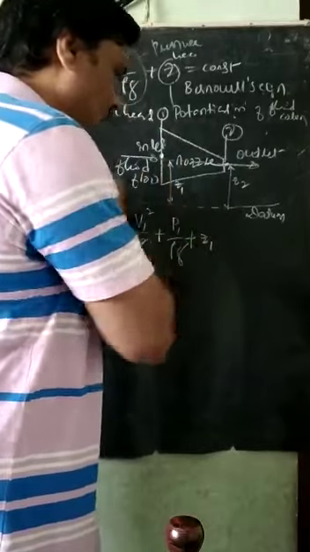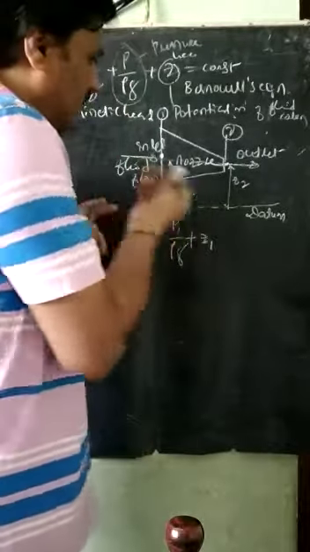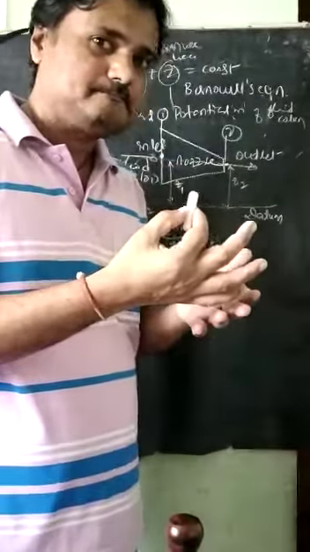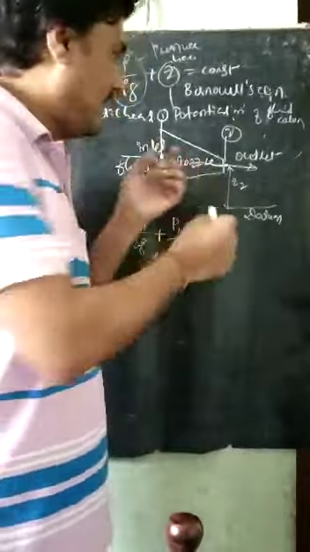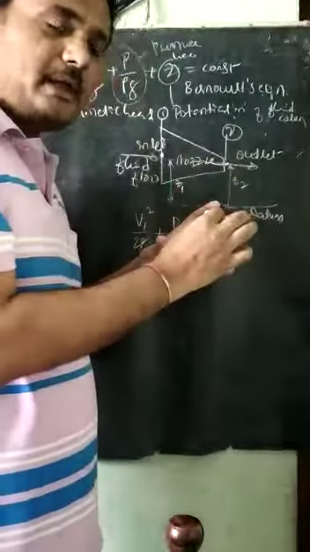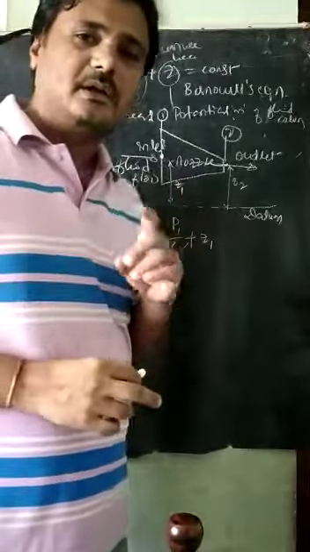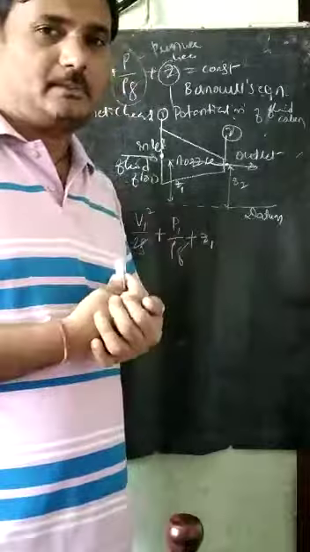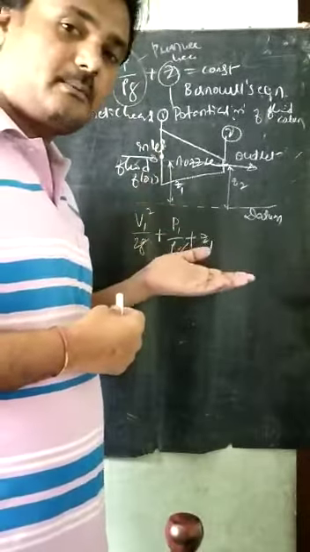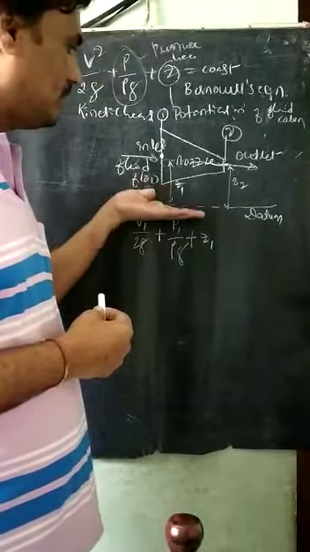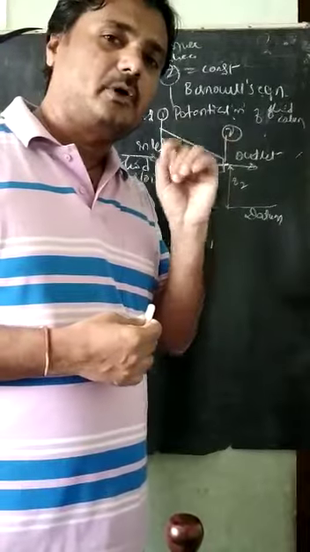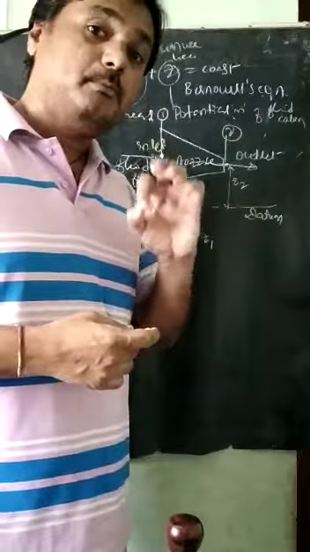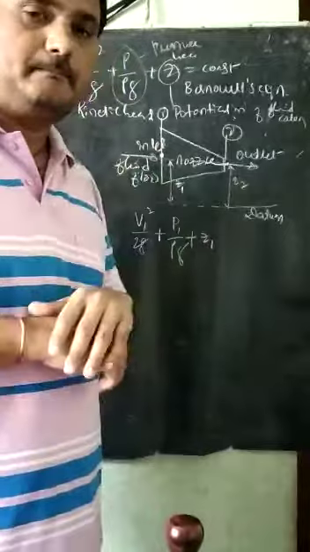That is the Z1. If, for example, the axis of this nozzle itself is a datum line, very important thing, then Z1 and Z2 will become 0, because the axis itself is the datum line. Here the axis is not a datum line, it is somewhere else. From the datum line we refer to where that point is, because potential energy means the energy by virtue of the position of the point or a particle.